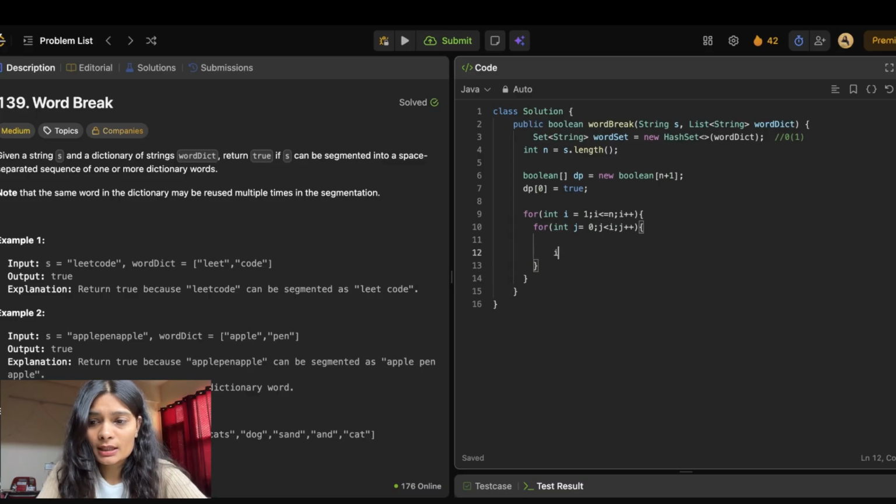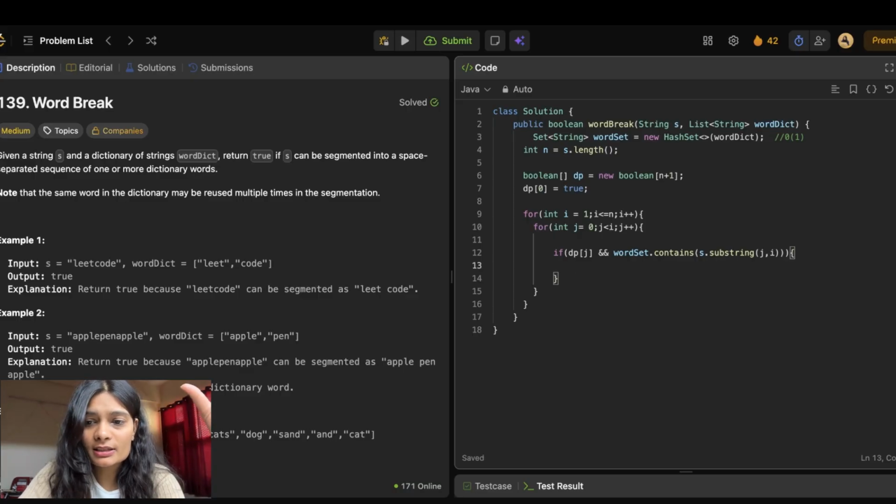If dp of j and the word set dot contains s dot substring, the substring is written with a capital S here, and the input is j comma i. Now the main logic. First check dp of j, which means the left part is already valid. Second, check whether the substring from j to i is present in the dictionary. If both are true,